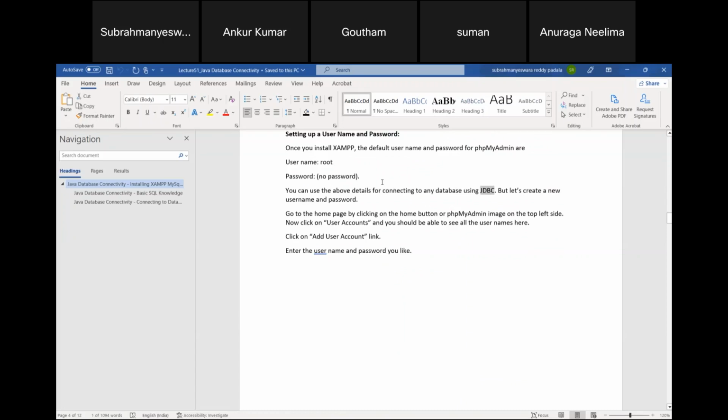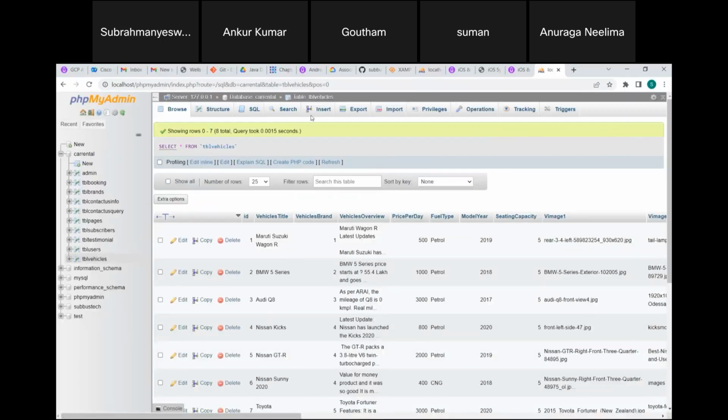That means, it is a test environment actually. Whatever XAMPP you have installed, we can use this default username and default password to connect to any database. But we can also create some users and passwords under this one. So basically, we can go to